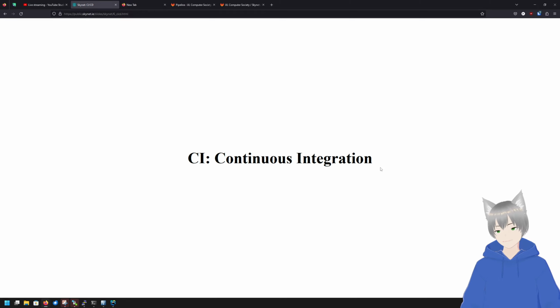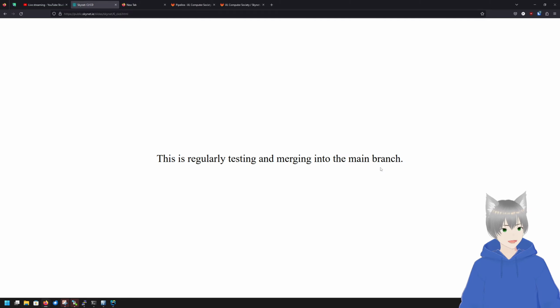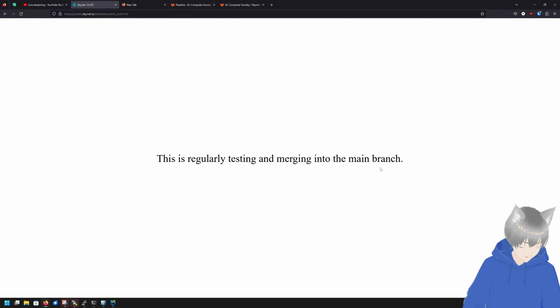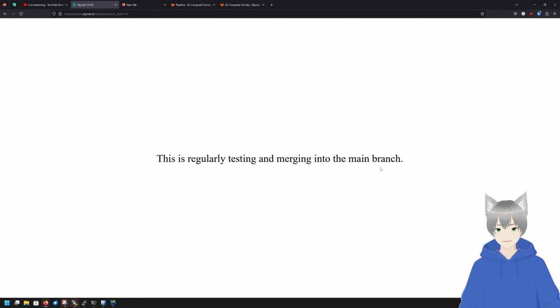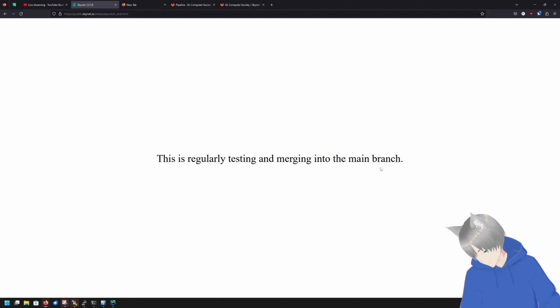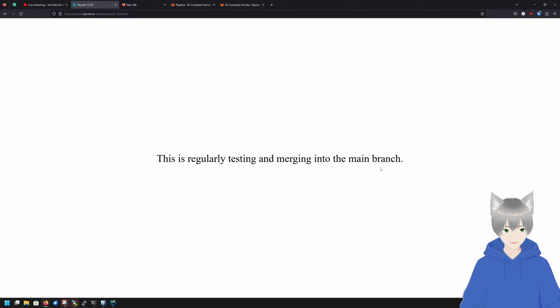So continuous integration is where you regularly test and merge into the main branch of your repository. All this assumes that you're using source control. So if you're not using source control, start doing it. But the regular testing and merging is key because when you do things in smaller chunks, it can sometimes be painful to merge. Like you have to change a single line to account for things changing, but generally the pain of that is not high.